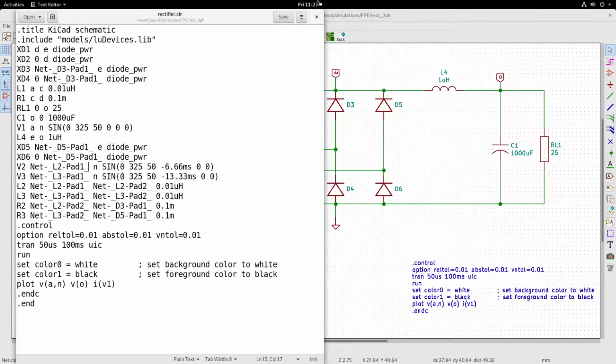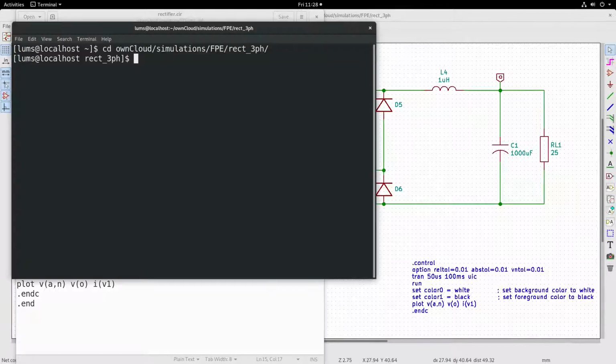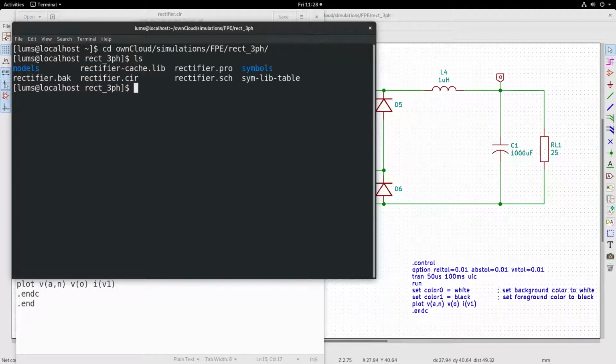Let us simulate this. So for that, I have to open a command window. So I opened the command window and I have gone to that particular folder location path. So I am in that rectifier 3-phase, list that. So you have all the files. So I am going to execute this rectifier.cir, which we just saw. So ngspice rectifier.cir.